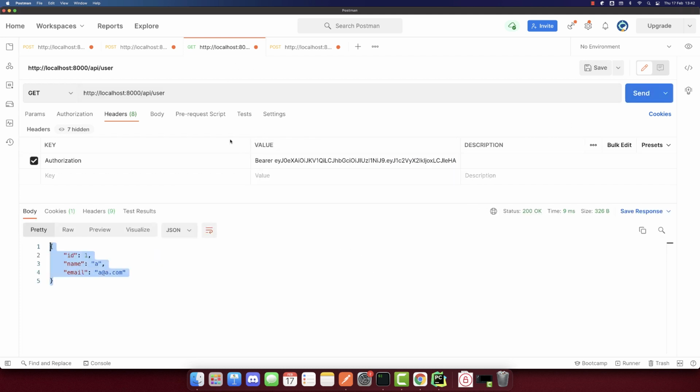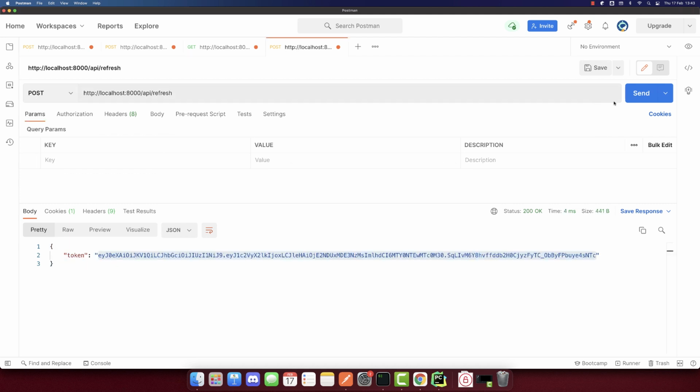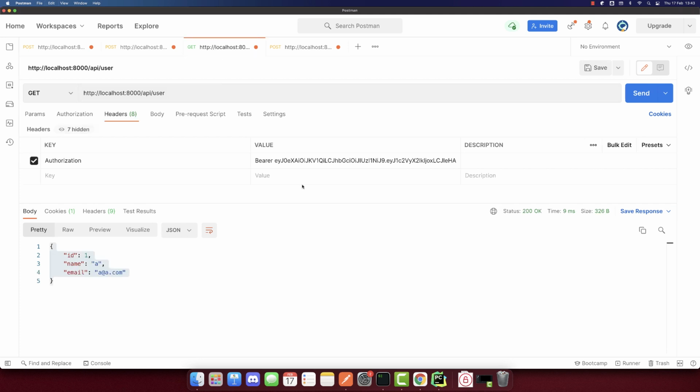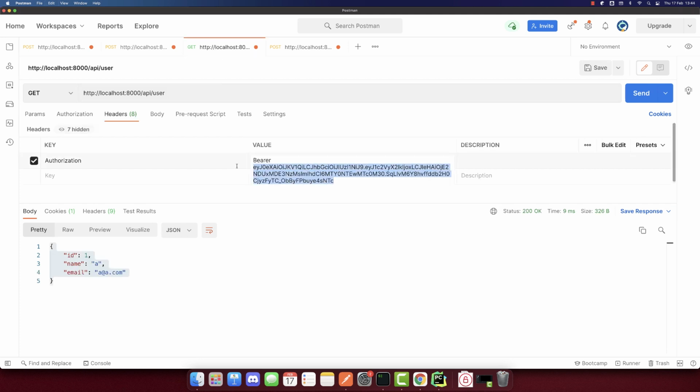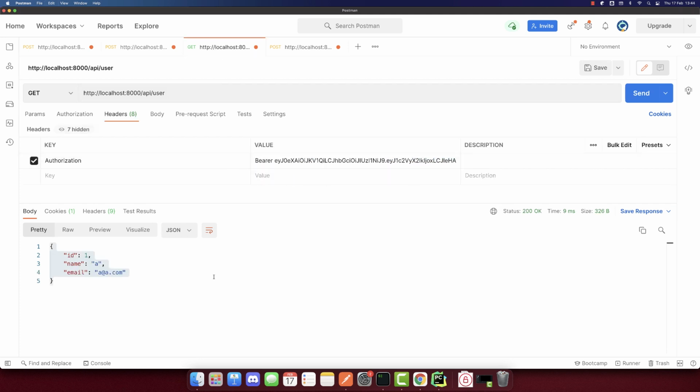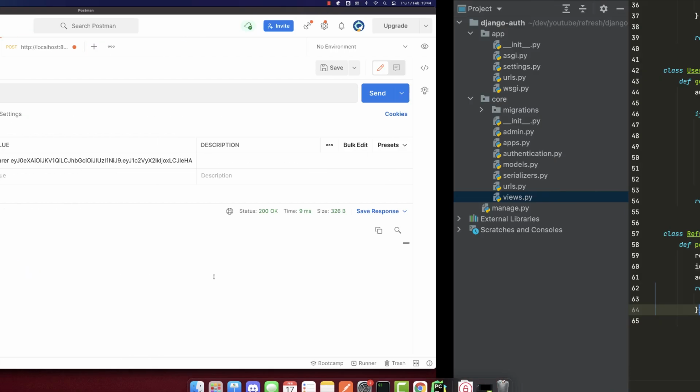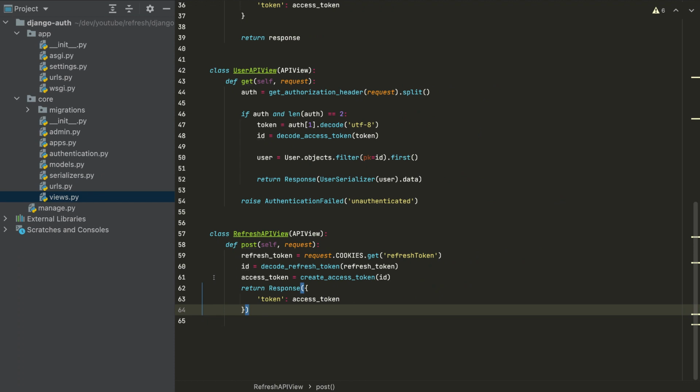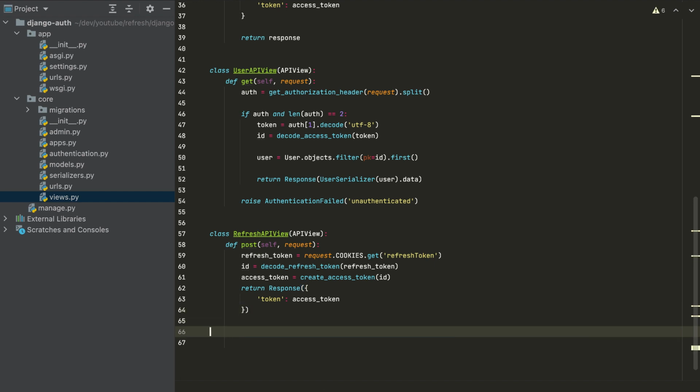So that's it. So now this looks really annoying if we refresh all the time, get a new token, and then we have to paste it here. But this will be done very easily on the front end, so this is not the job of the backend to replace the tokens. We added the refresh API view, and what is left now is to add the last function, which is logout